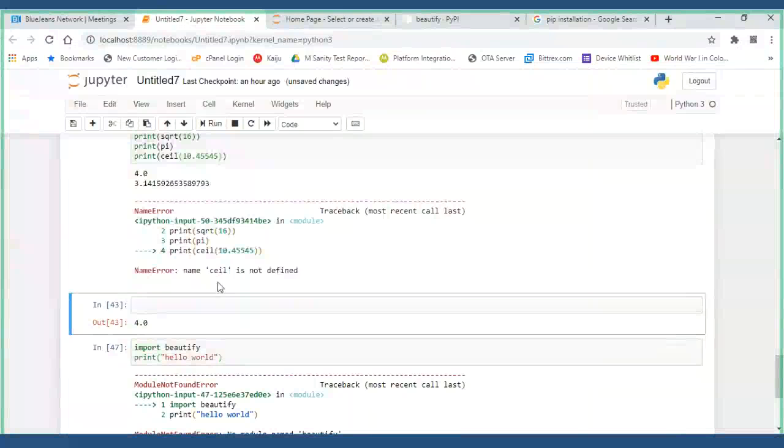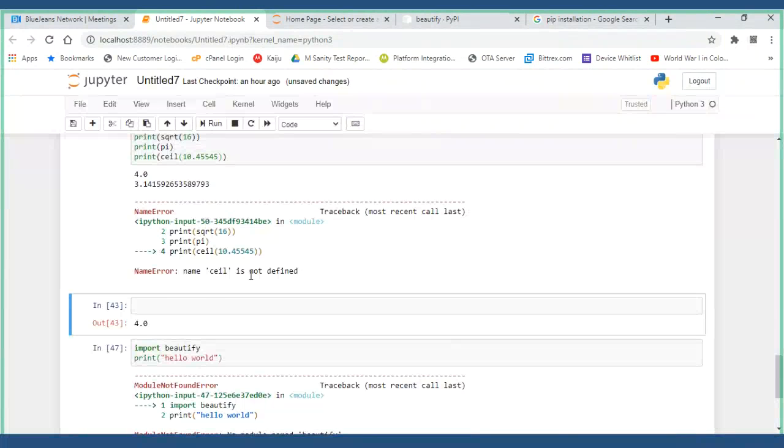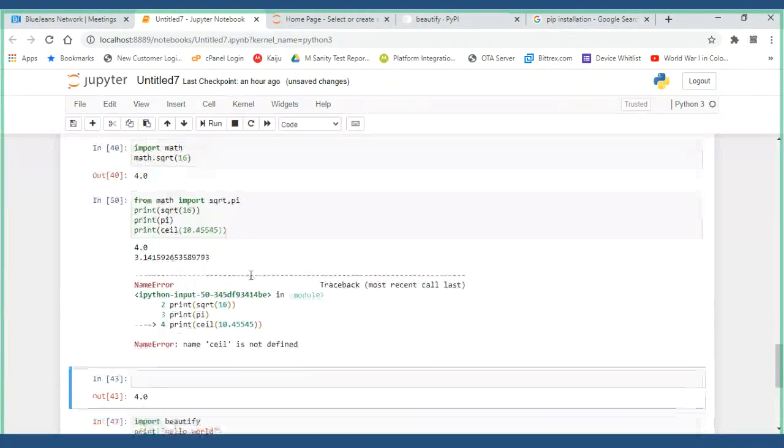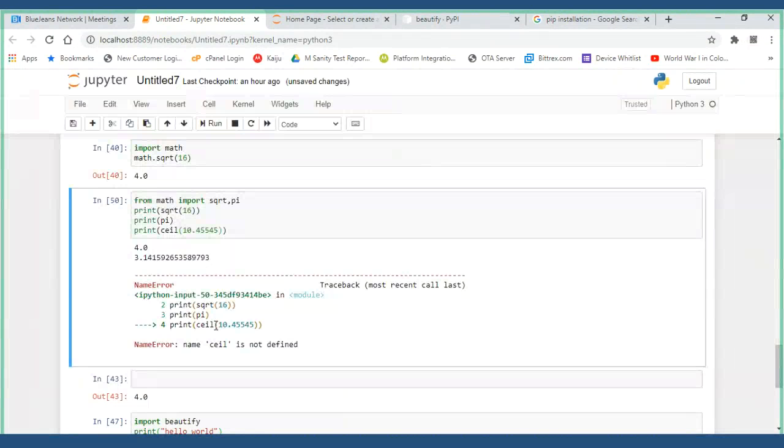Why? CEIL of some number? CEIL is not defined. Okay, the math function, it is there or not? Let me check the floor value.